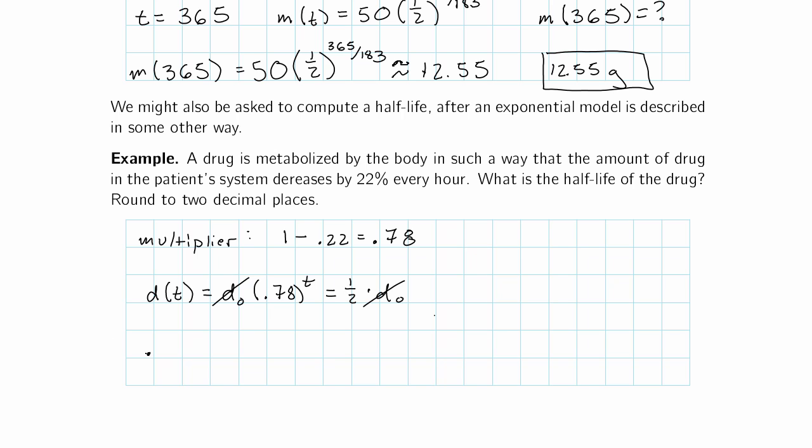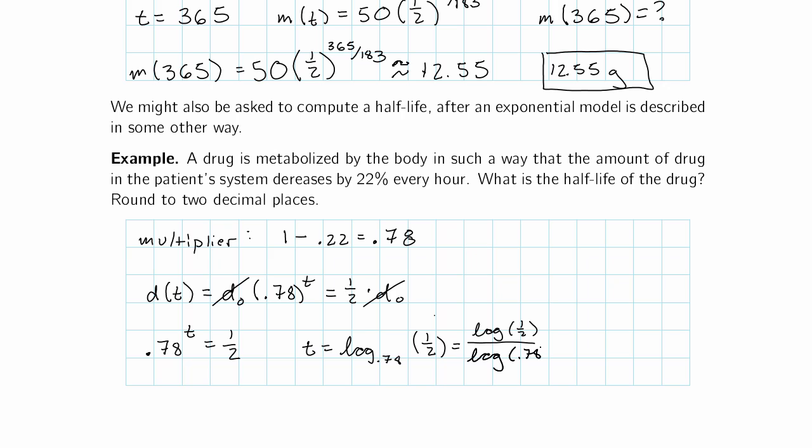And we get 0.78 to the t equals 1/2. Well, we know how to solve that. t is the log base 0.78 of 1/2, or the log of a half over the log